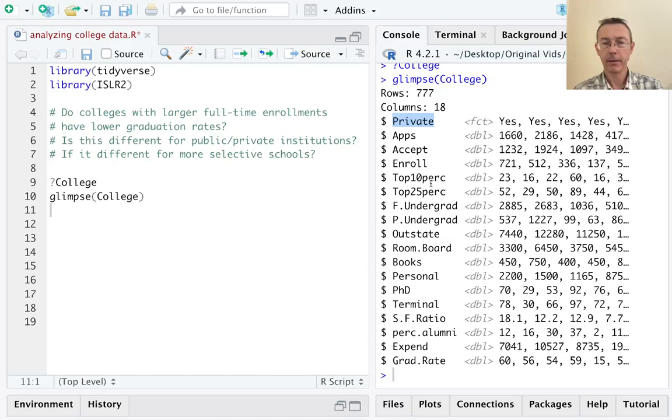And the Top25perc variable. That is going to be a little bit of a stand-in here for how selective the school is. Again, there's other ways that you could measure that. I've picked that one for simplicity and also just a little bit arbitrarily. Okay, so now we're ready to get started on the data analysis with some exploratory